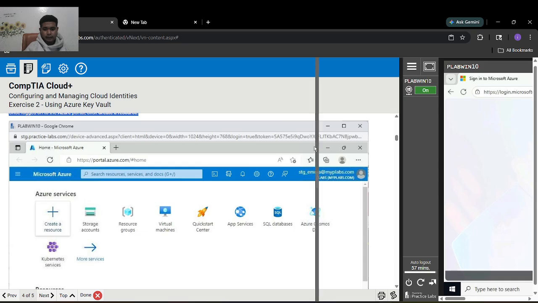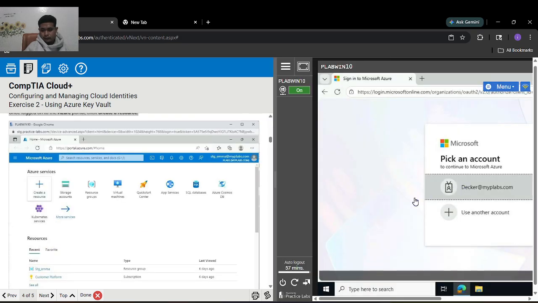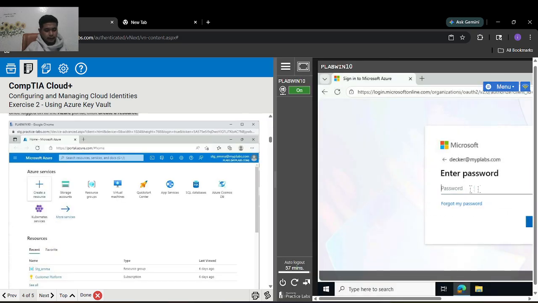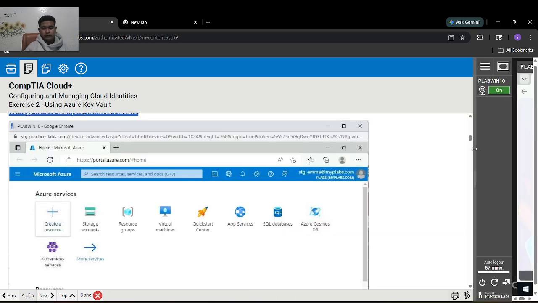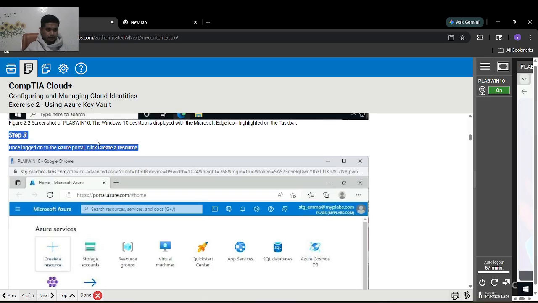We are not allowed to, because I don't know the password, but I will try this. So now I will discuss step 3.